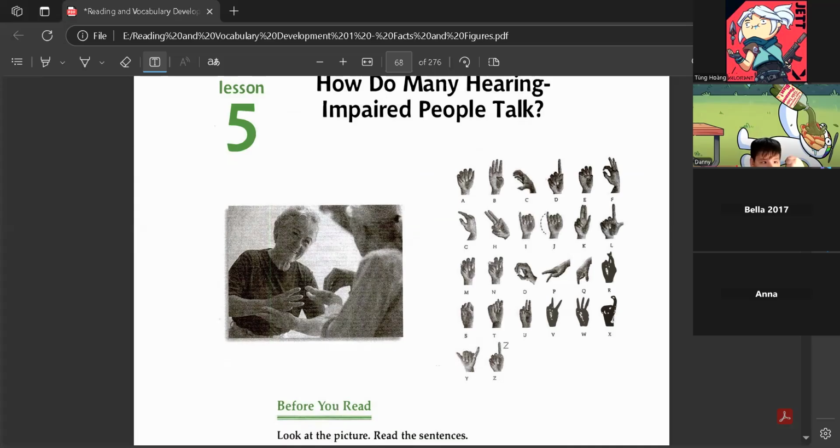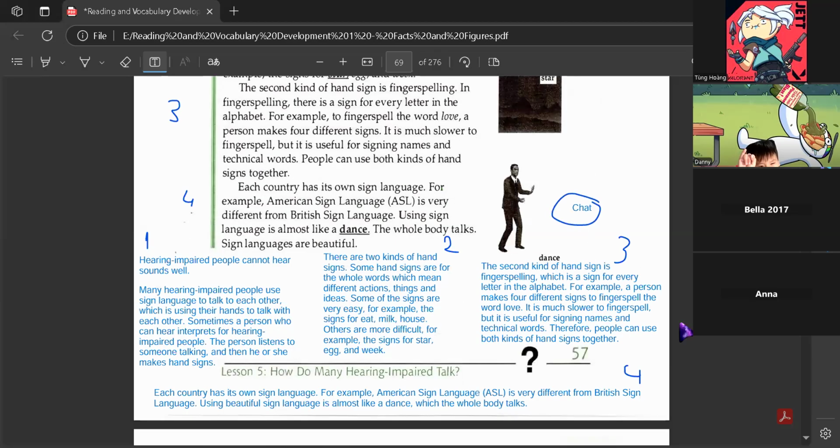I can't remember. A, B, C, D, E, F, G, H, I, J, K, L, M, N, O, P, Q, R, S. Wait, why are some signs the same? No, it's not. It's pretty tricky with R and X, W and Z, and also N.